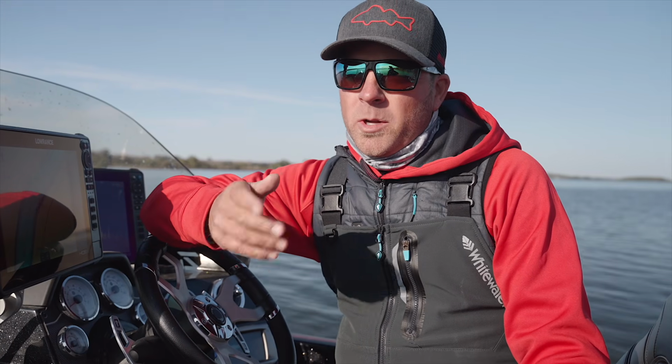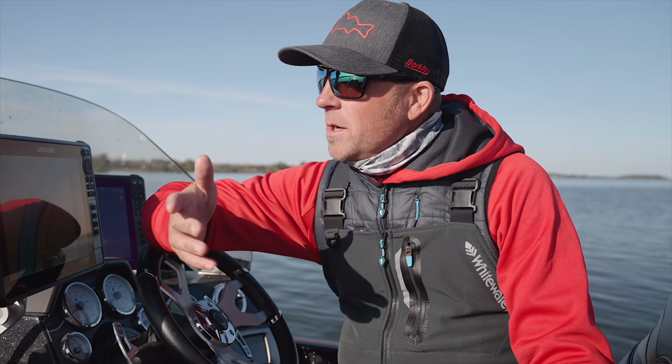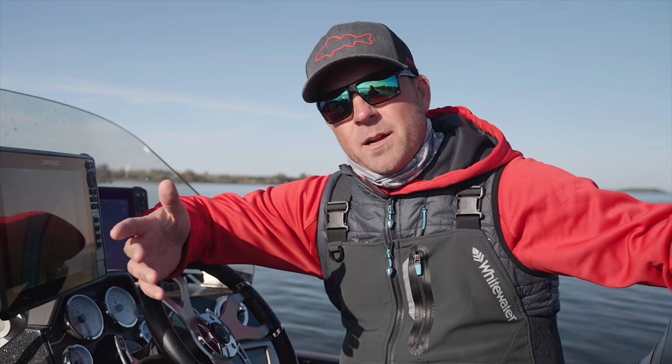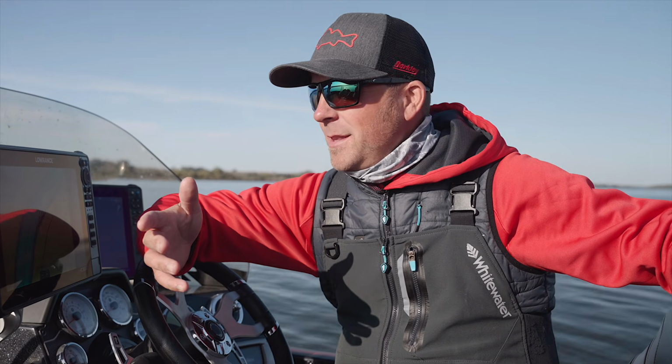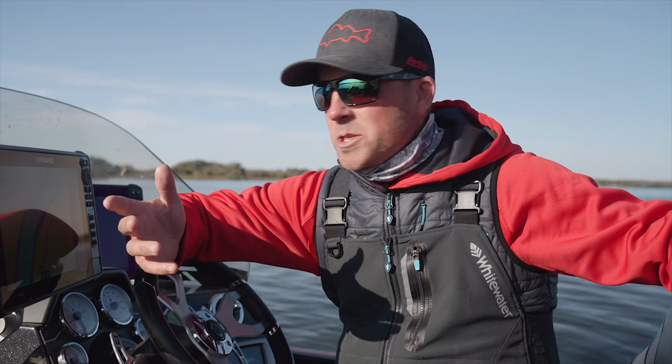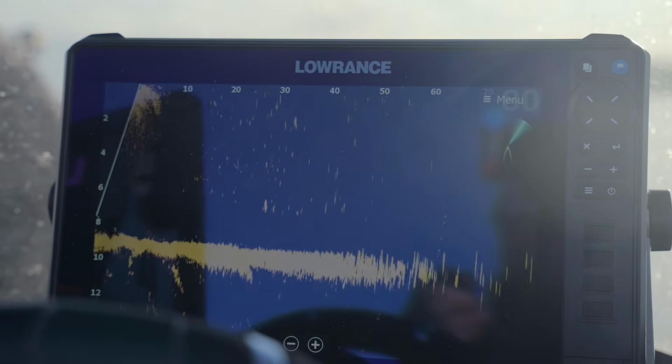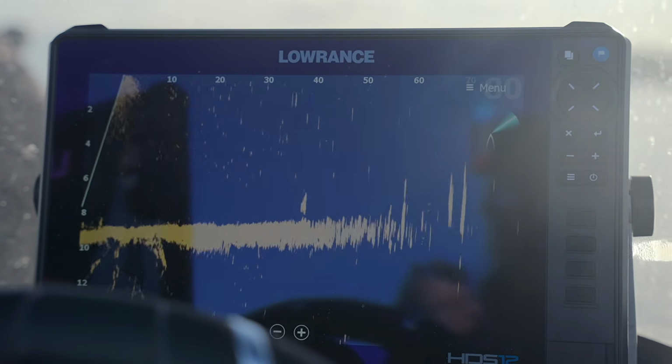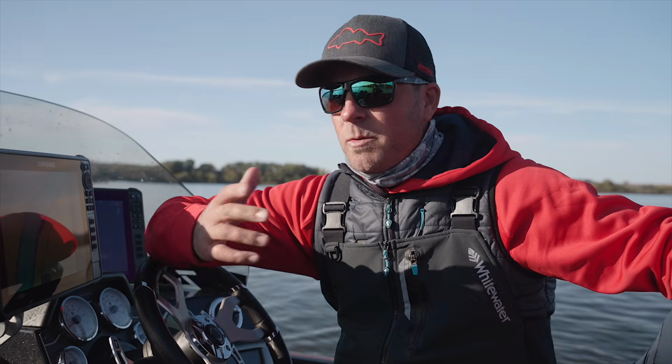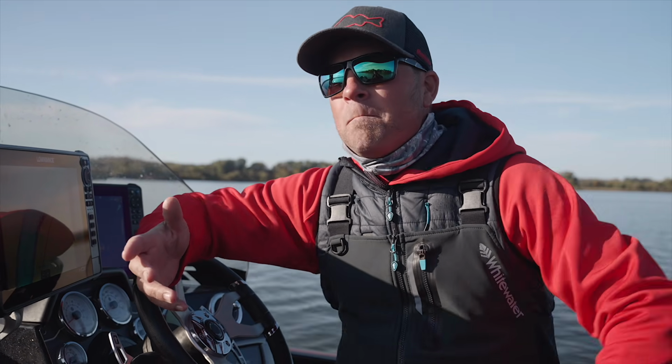So let me talk a little bit about the scenario that we're in here on Lake Traverse. This entire lake is extremely shallow, and there's a lot of what I would call trash fish too. So it's really a matter of trying to sort through, looking at active targets to determine which ones you're going to cast at. And what we've found, because most of the time we're fishing in say 5 to 8 feet